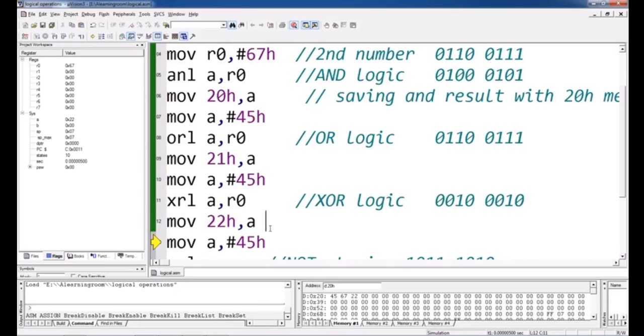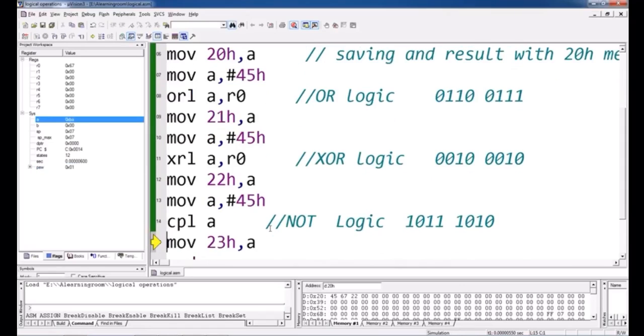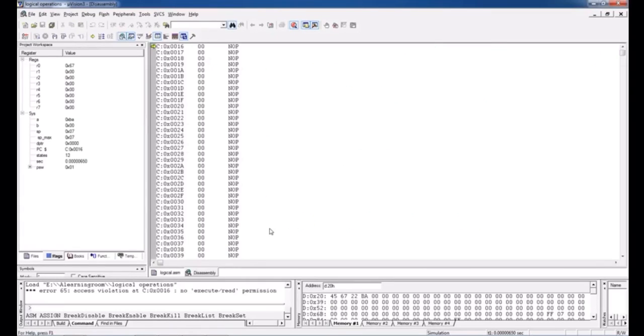And the next operation is the NOT gate. Again I am taking 45 into the A register and doing the complement operation. After the complement operation, what will be the result? I think it is BA. So this BA result I got in the next address of RAM memory. So this is a way to test all logical operations between two numbers by using